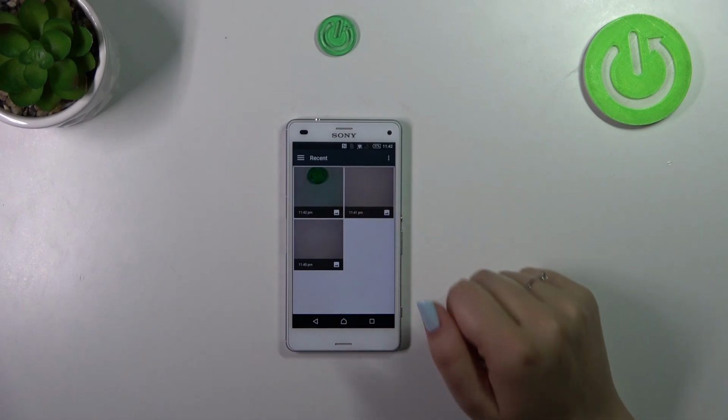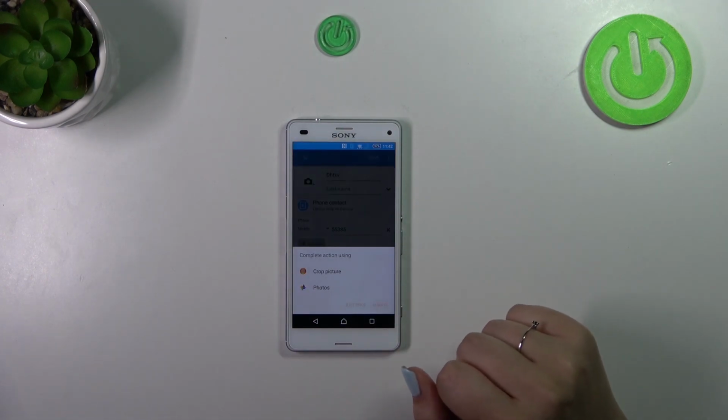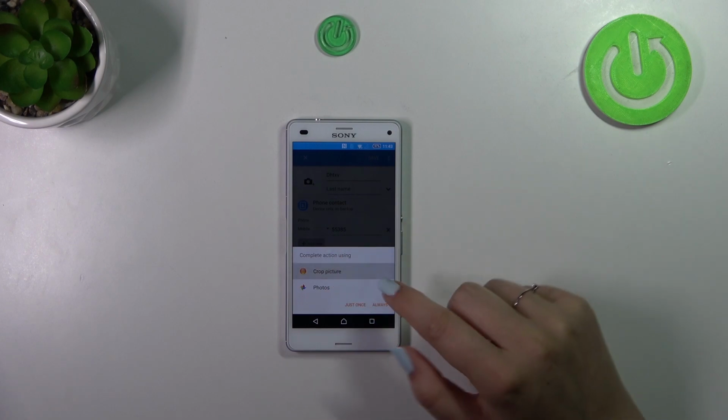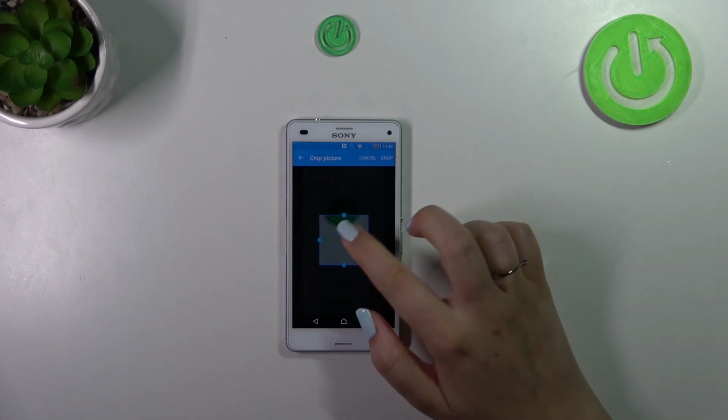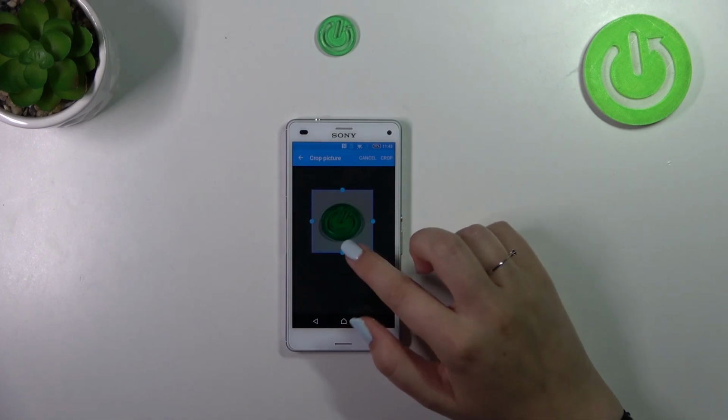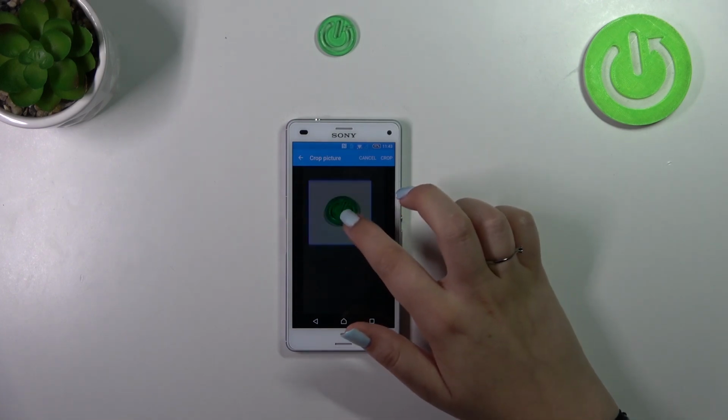Let's find the photo we'd like to use and tap on it, of course. And here we have to decide where we want to complete the section, so let me pick regular gallery. Alright, and here from this step we can change the position and the size of this highlighted square, and thanks